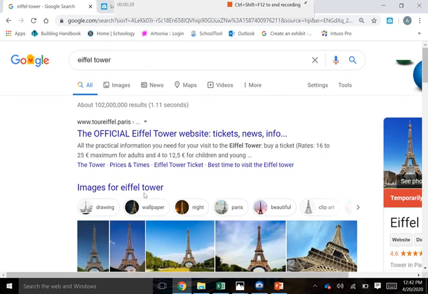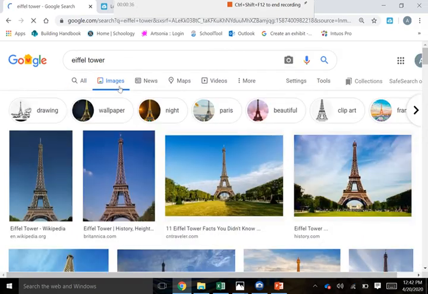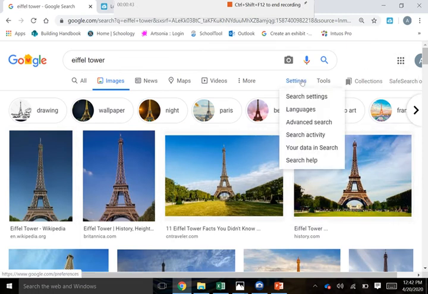It can really be whatever you want. It could be a person, a landscape, an object. I'm going to do the Eiffel Tower just because it's something super recognizable. I'm going to click on images, and then I'm going to see all of the different images of the Eiffel Tower. If I click on settings, I can go to advanced search and change the size of the pictures